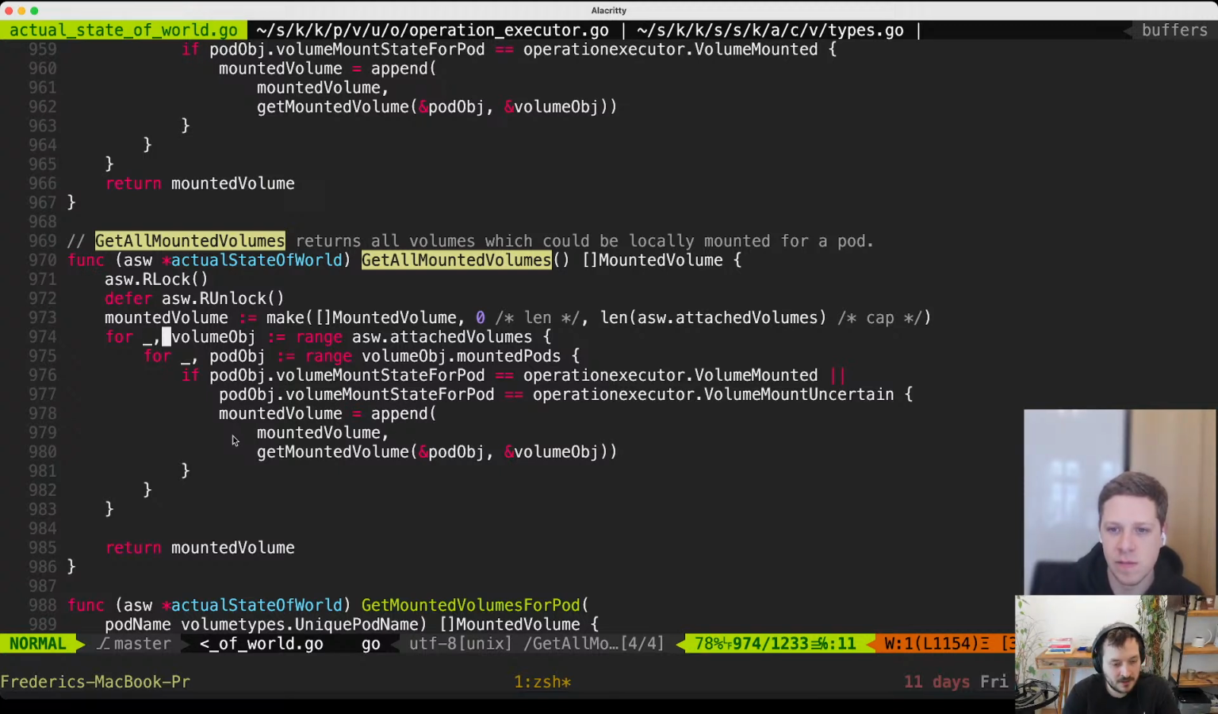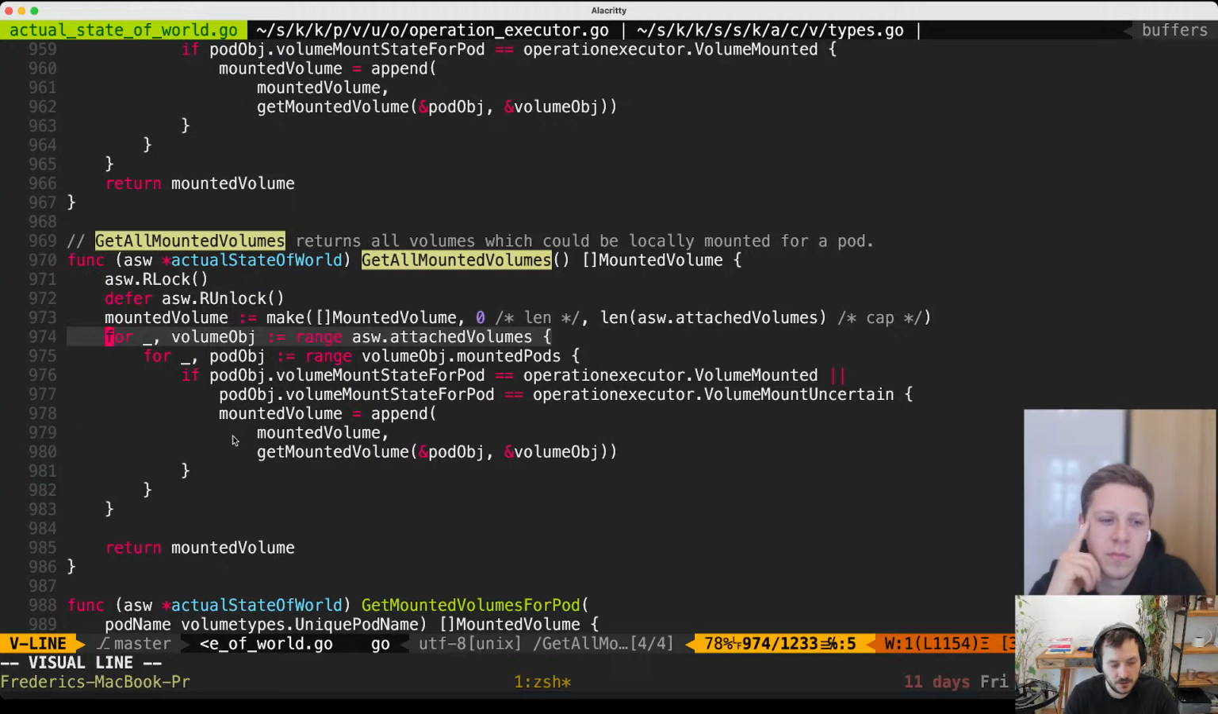So maybe we can make a mental note here. Attached volumes. We should probably have a look at where else this thing is used and how it's populated, so that we can figure out if maybe there's a way that we can do this for loop over a regular slice without doing map iterations, right? Just a regular slice. And